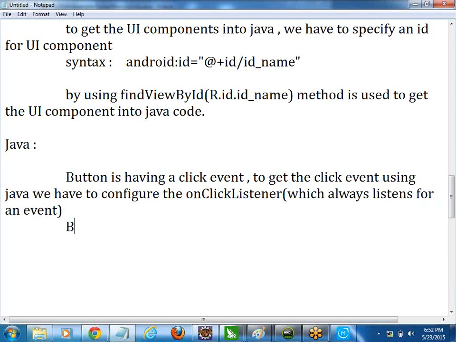First we have to get the button component into your Java code. In the XML you have to specify an ID for the button, and get that button component into your Java code. Imagine that the button is b. So we have to configure a listener called b.setOnClickListener. The input parameter for this is